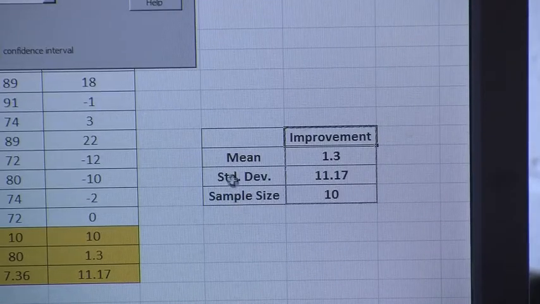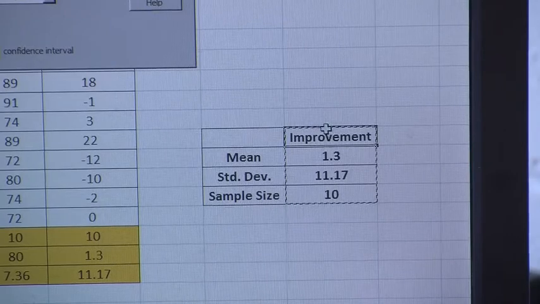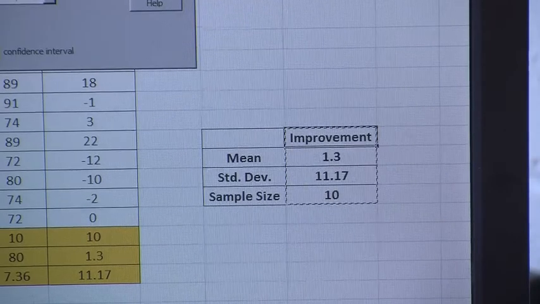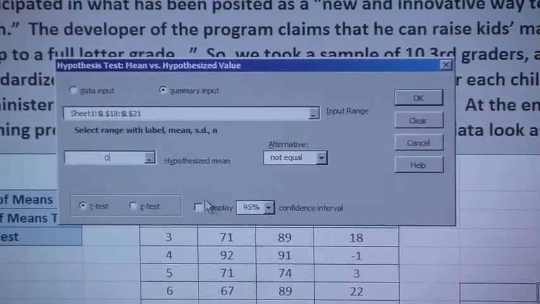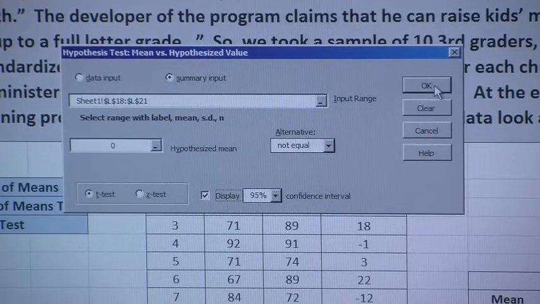It did not ask for the descriptive statistics labels as well, and earlier I had highlighted the labels as well. So only highlight this column of data right here, and our hypothesized difference is still 0. We'll ask for the upper and lower bounds. And now if we click on OK,